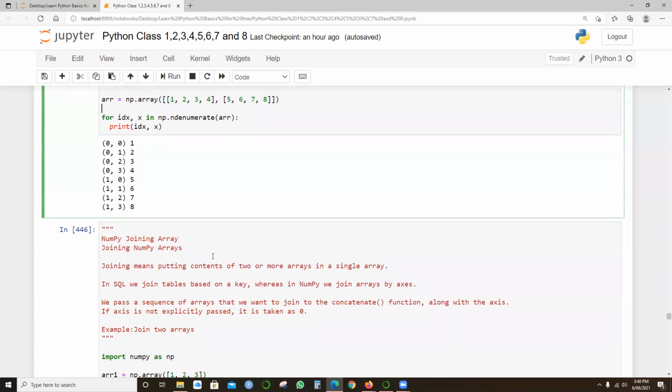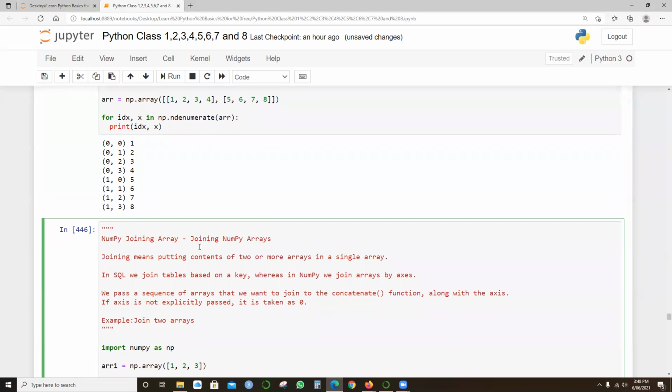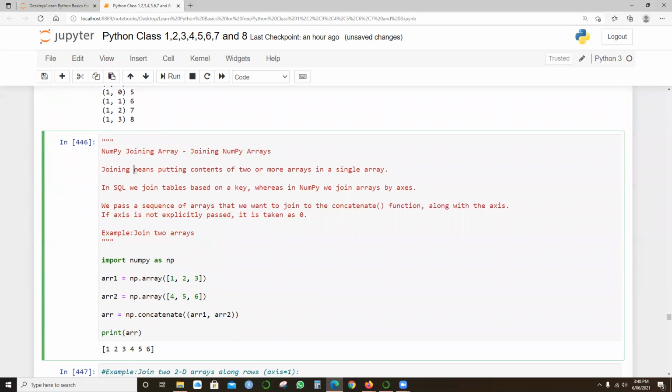Now what will happen if you want to join the arrays? NumPy joining arrays, or joining NumPy arrays, whichever, it's all the same. Joining means putting contents of 2 or more arrays in a single array.